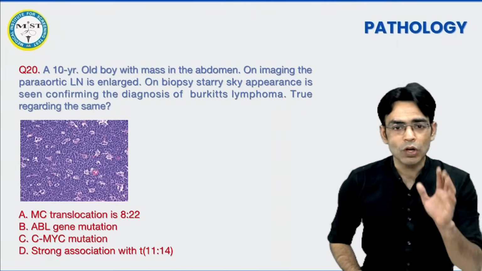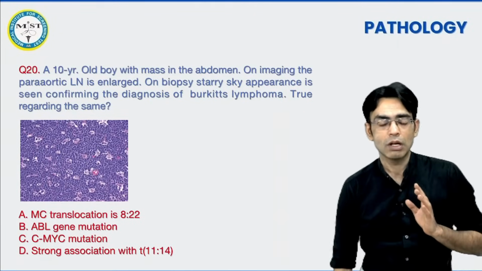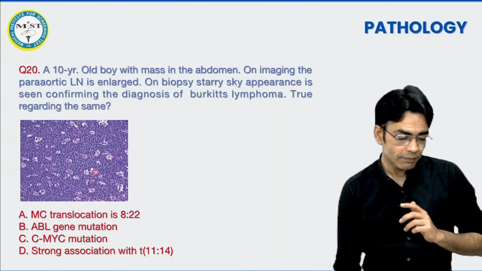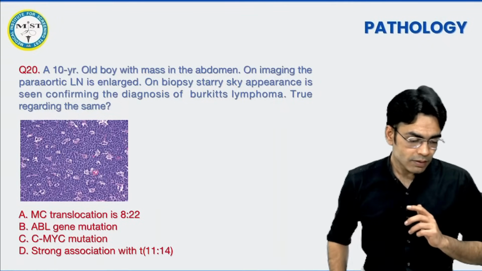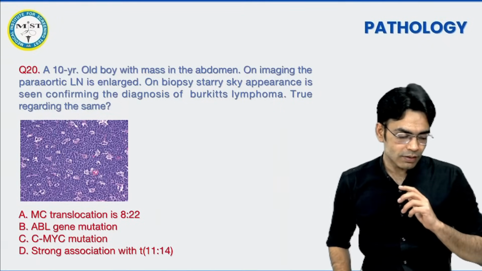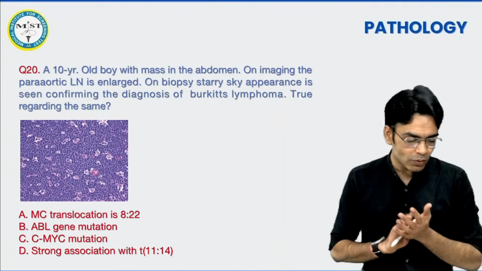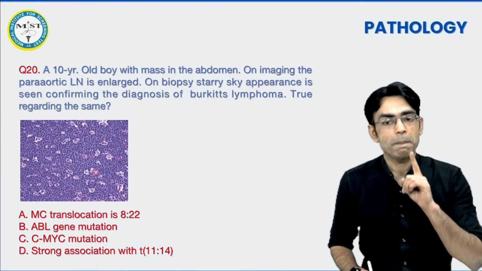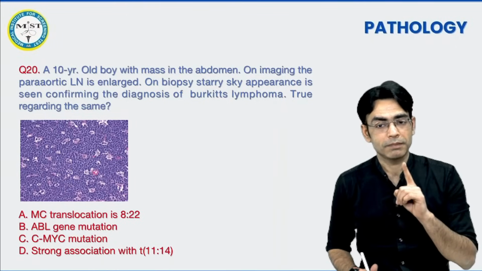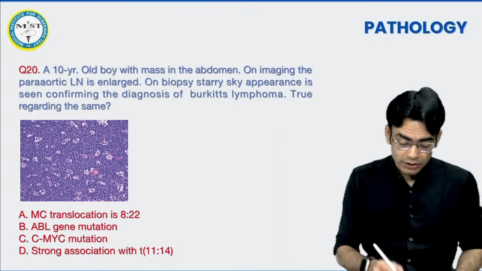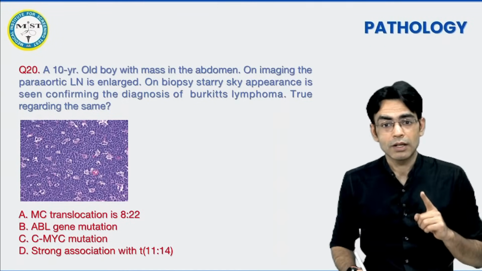First statement, most common translocation is 8-22. There is an ABL gene mutation or there is a, ठीक है, अरे वाह अली, बहुत अच्छा, क्लैपिंग करो. देखो जिन जिन लोगों ने ए आंसर किया है, ये गलत बात है ना. इतनी जल्दी में आंसर नहीं करना चाहिए बेटा. यू हैव टू फाइंड आउट द ट्रूथ.